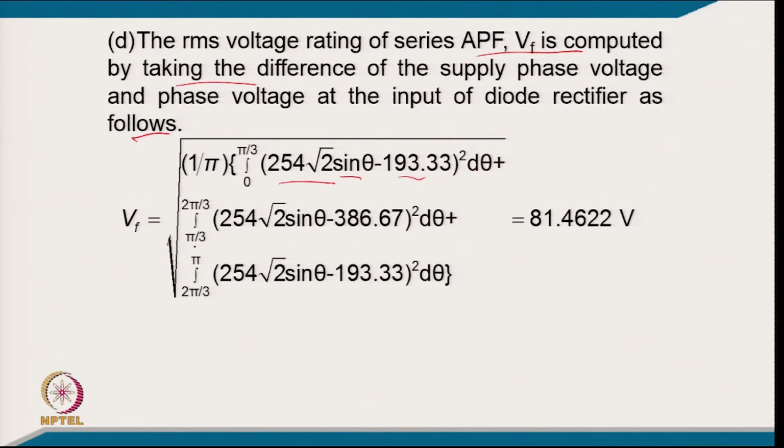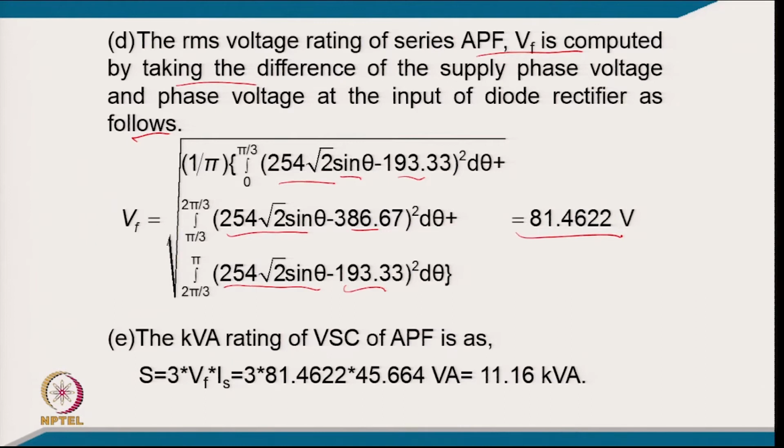squared d theta, plus the second segment of pi by 3 to 2 pi by 3, again the same sine wave minus 2 VDC by 3, that comes to 386.67, squared d theta, plus the last segment up to half a cycle, 2 pi by 3 to pi, again the sine wave of 254 into root 2 sin theta, and then VDC by 3, squared d theta. And if we calculate this total RMS, which the series active power filter is supposed to inject, it comes